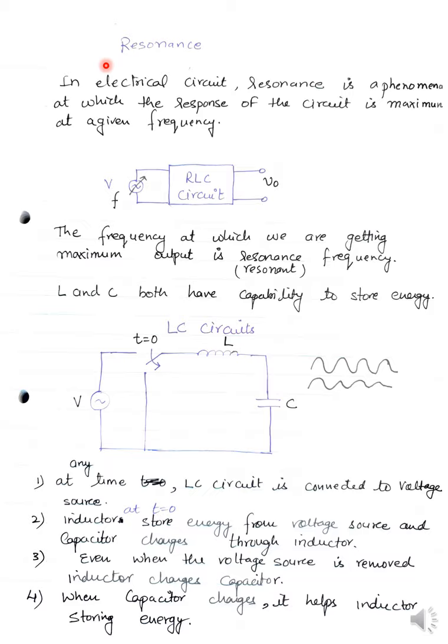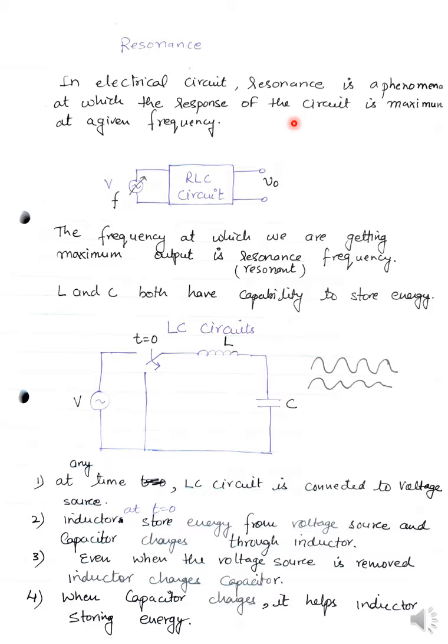Good morning everyone. In today's lecture we will learn about resonance. There basically we have two types of resonance. One is series resonance and another one is parallel resonance. And when we are talking about resonance, the main circuits which we are going to use are your RLC circuit. So it's a resistance there, an inductor there, and a capacitor there. Okay. Due to the presence of R, the resonance in the circuit exists.